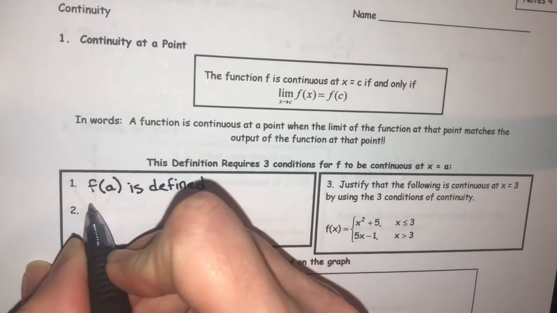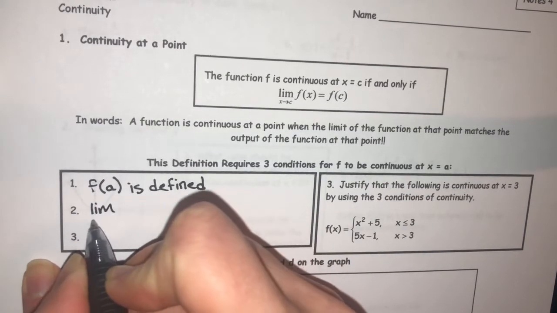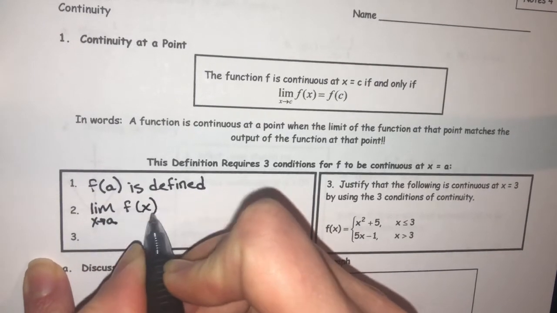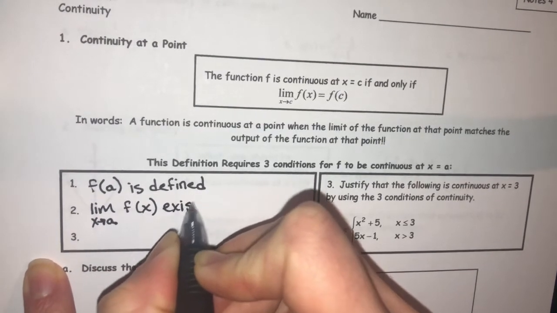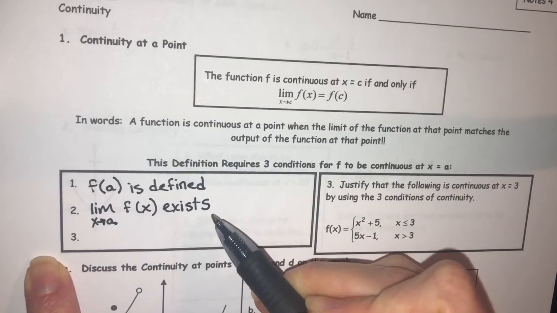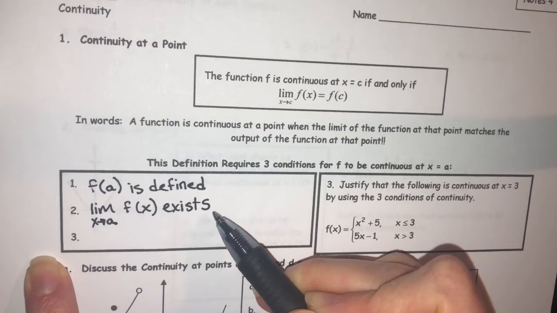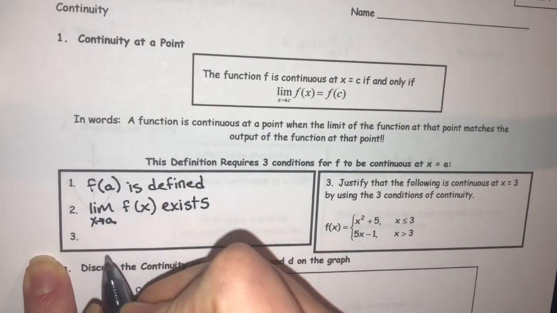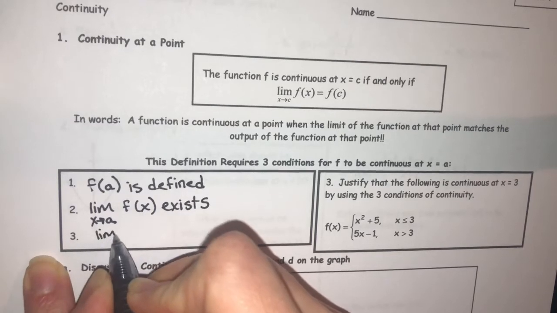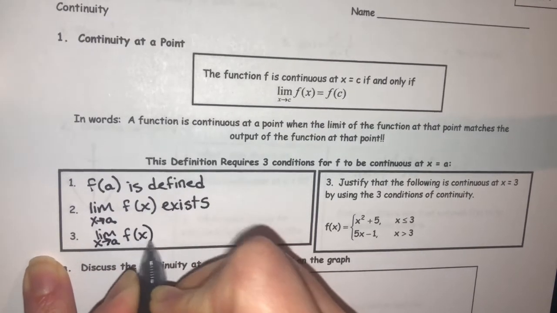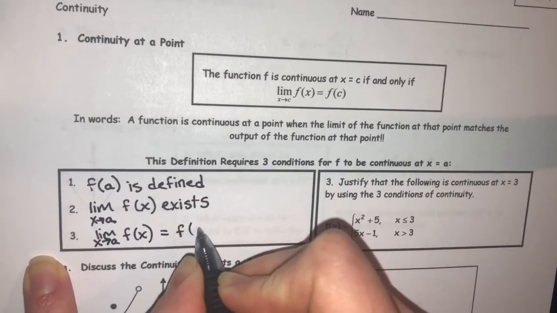Secondly, the limit as x approaches a of f of x exists. So not only do you have to have a defined function, you also have to have a limit at that x value. And lastly, the limit as x approaches a of f of x must equal f of a,